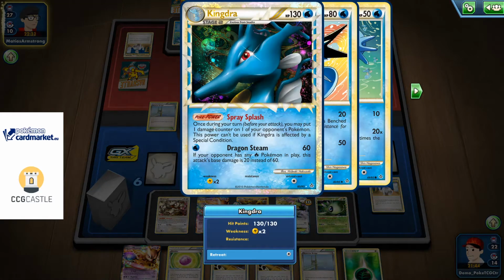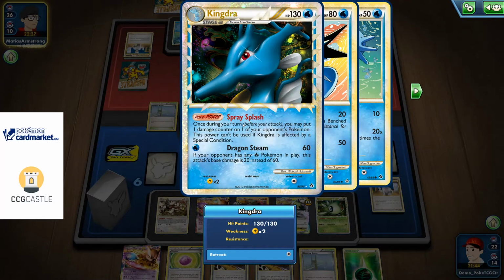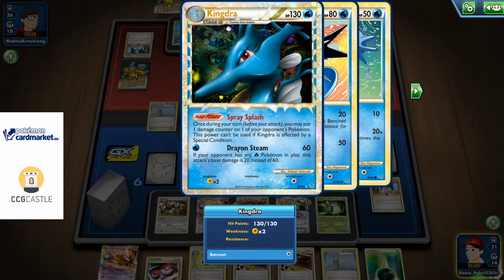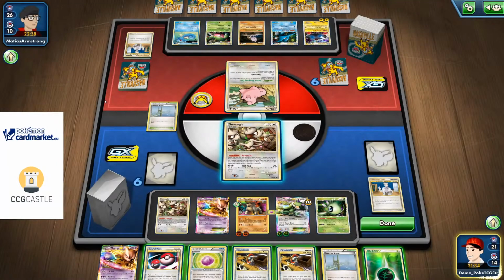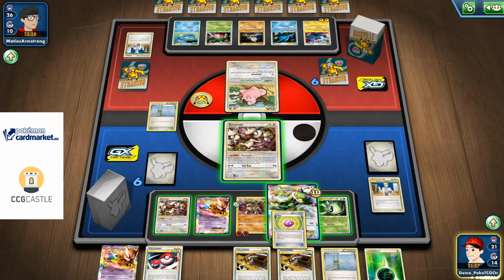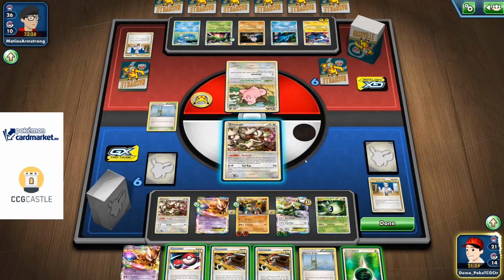Okay, so once during a turn, you may put one damage counter on one of your opponent's Pokemon with Spray Splash. Dragon's team says that you can hit for 60, and if your opponent has any Fire Energy, this attack's damage is 20 instead of the 60. So finally we can knock the Cleffa out. But before I decide to do that, I'm actually weak on fire, so... Actually, I'm weak on lightning, so...